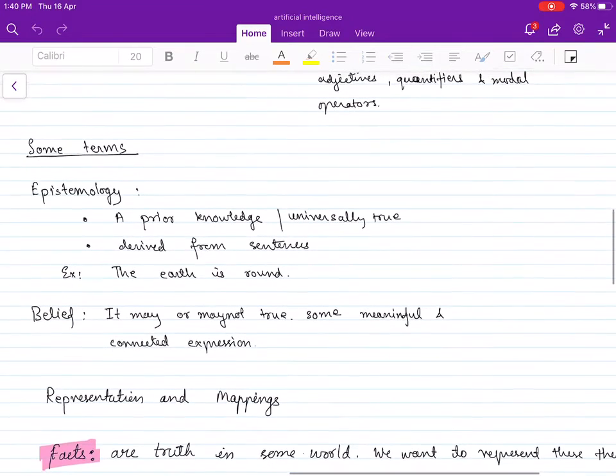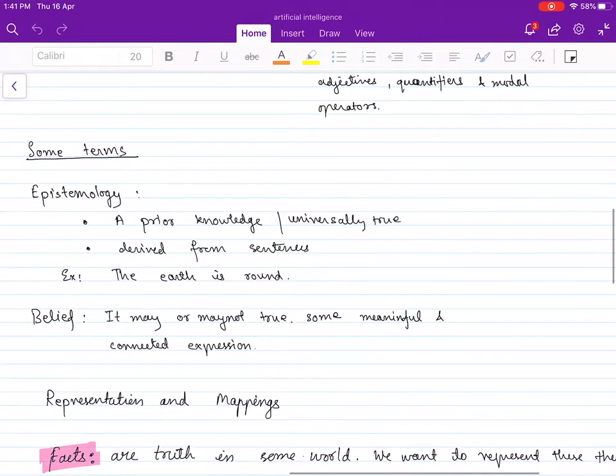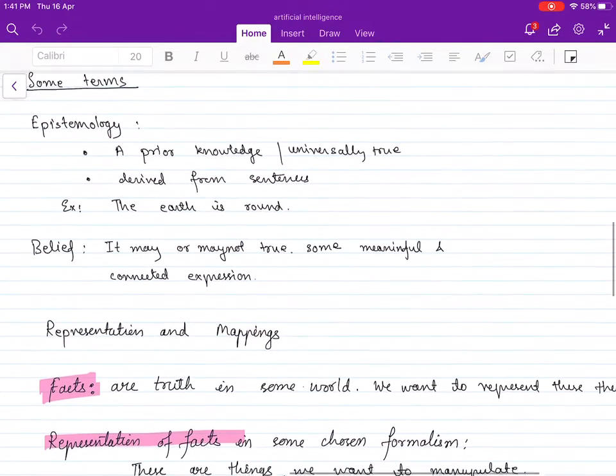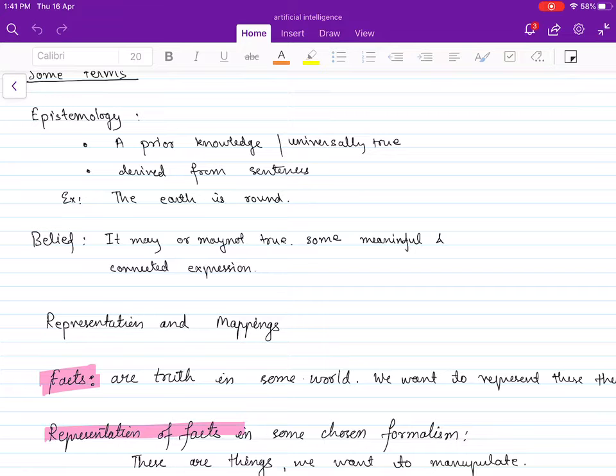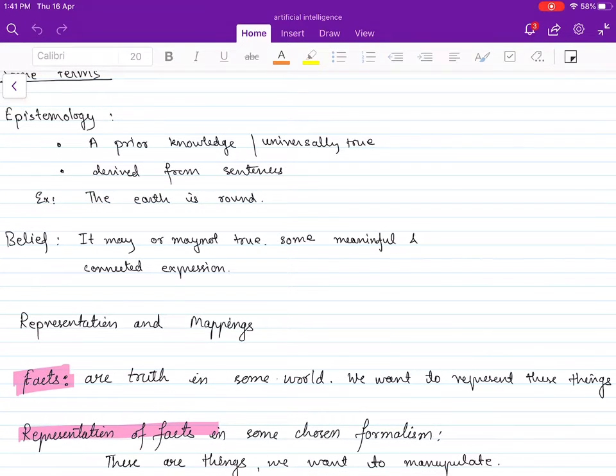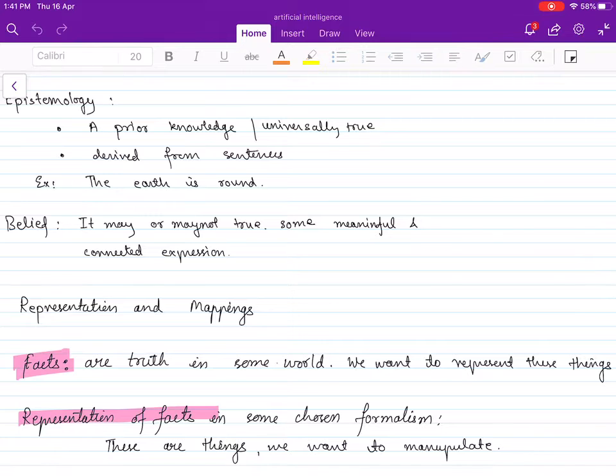Next is representation and mapping. So in representation and mappings, what are facts? Facts are truth in some world, that is, truth that cannot be changed, and we want to represent these things. We want to represent the facts. And representation of facts is in some chosen formulas. There are things we want to